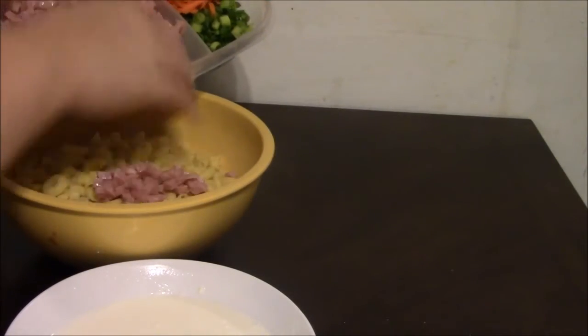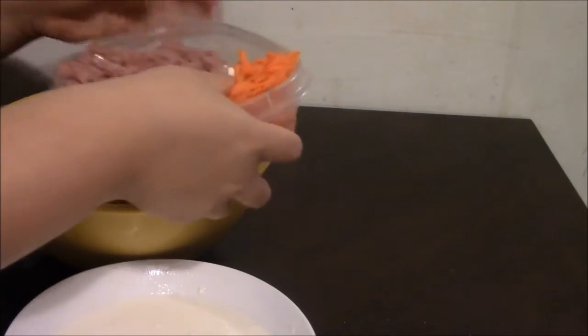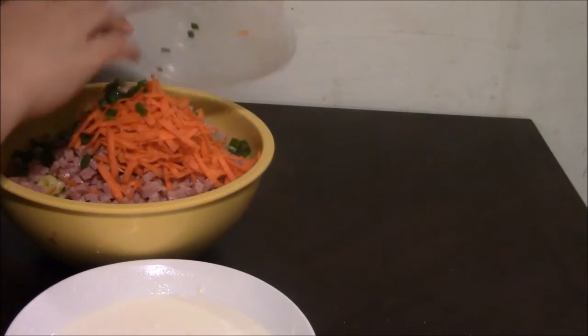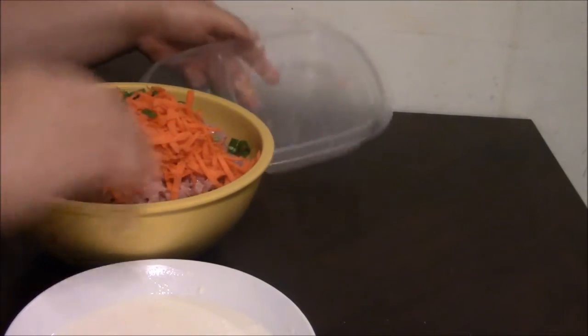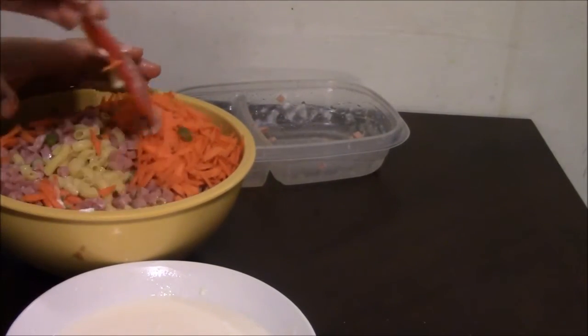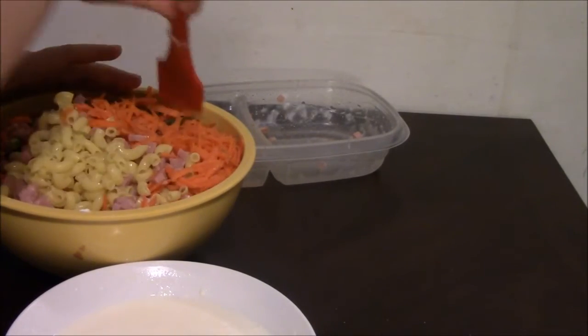So this is the ham. I might need to break it up just a little bit. And then add the carrot and the green onion. And I'm going to kind of combine it just a little bit to start getting everything in there. I probably should have used a bigger bowl, but